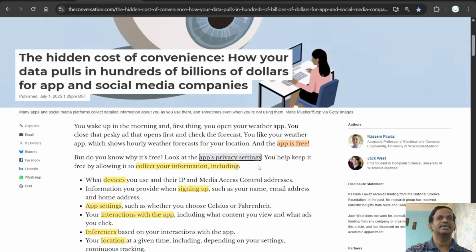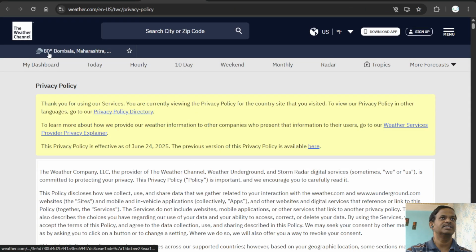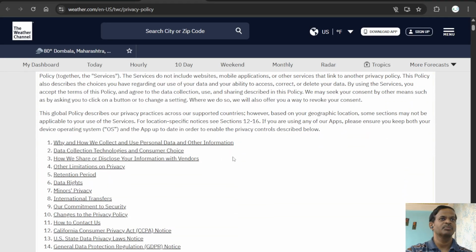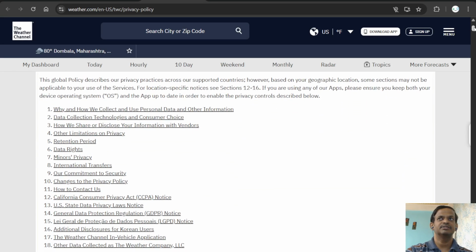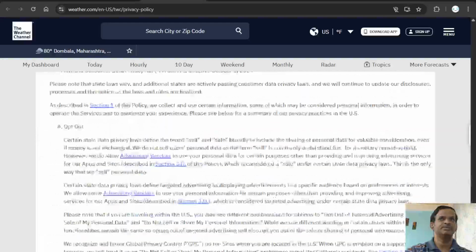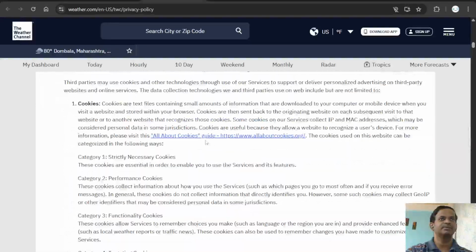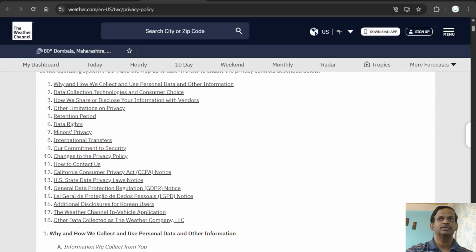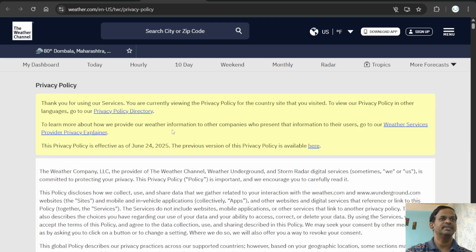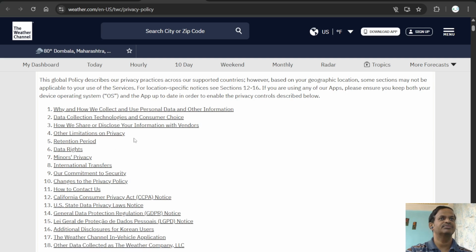Here, as an example, they have provided one for weather, because most of us use a weather app early in the morning to know what the weather will be throughout the day. Here is the Weather Channel privacy setting, and you can see it's a long article, showing how much data they use and how many permissions they have. You can go through this detail, but just to give an overview,